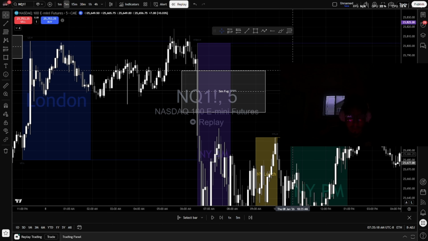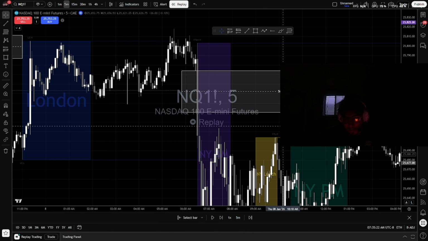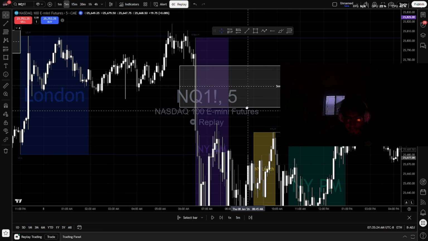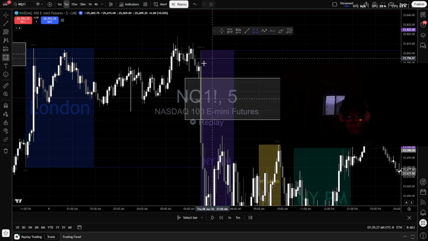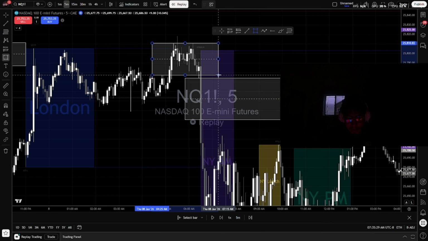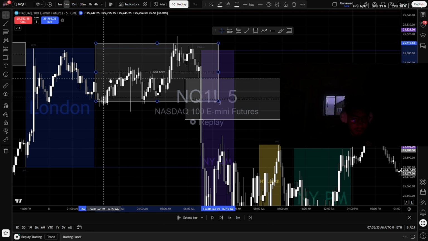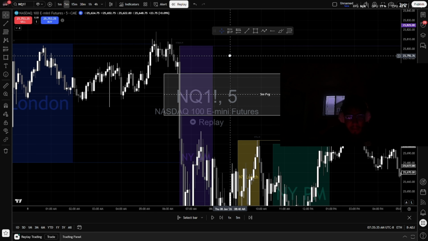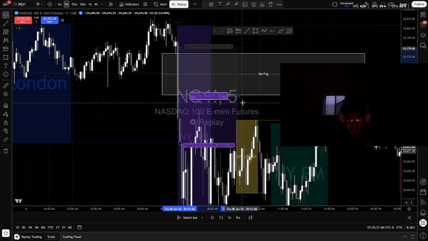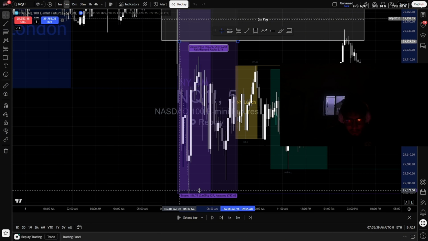The other fair value gaps are just going to be noise. And this is exactly what I mean right here. So this is the first 5-minute percentage fair value gap, right? Price accumulates orders, let's say right here. Actually, a lot of the London session accumulated orders, and then price dumps,